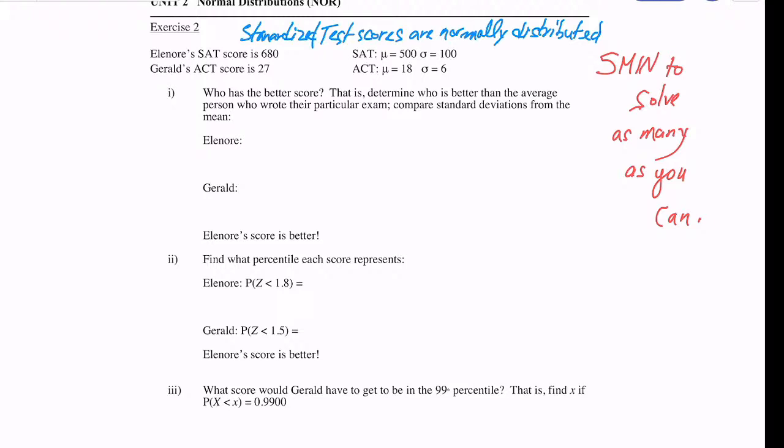What do we do? We standardize. The score for Elenore,